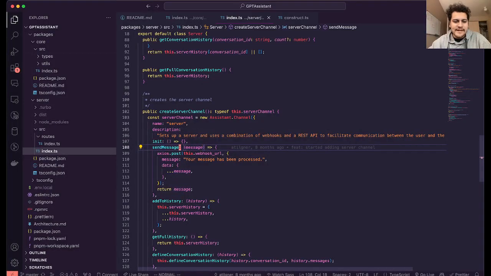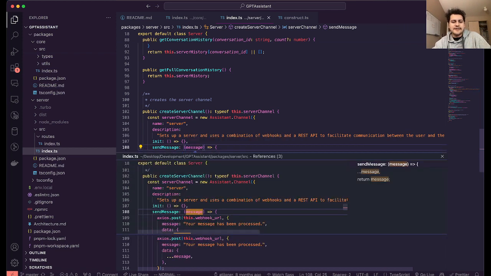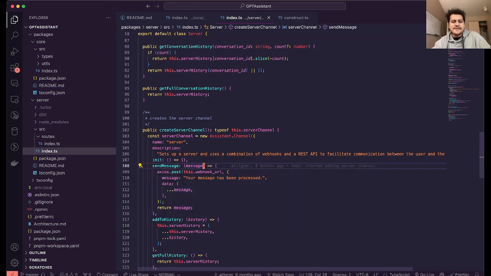It pulls it directly from here, and it provides it with a message, and essentially posts. But then the logic of what it should do with that message, which is just a string. Actually, it's not just a string. I lied. A message has a specific interface, but what it actually does with that message is it posts it to the webhook URL that's provided in the configuration, which we saw